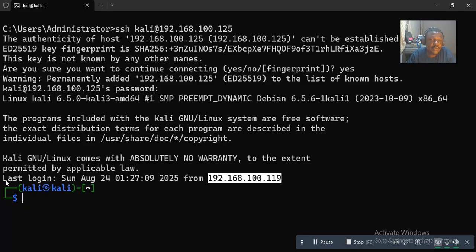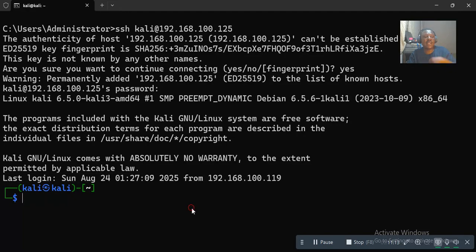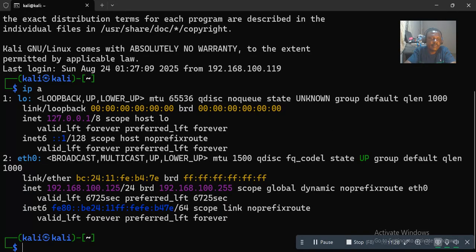So you can see that if it is not you that logged in at this point, you can always check. Now let's be sure we are in, although it's very clear here that we are in Kali at Kali. We're already in. But let's see our IP address, ip a. Oh, great. You see, we are in 125. So what we did now is we SSH'd into